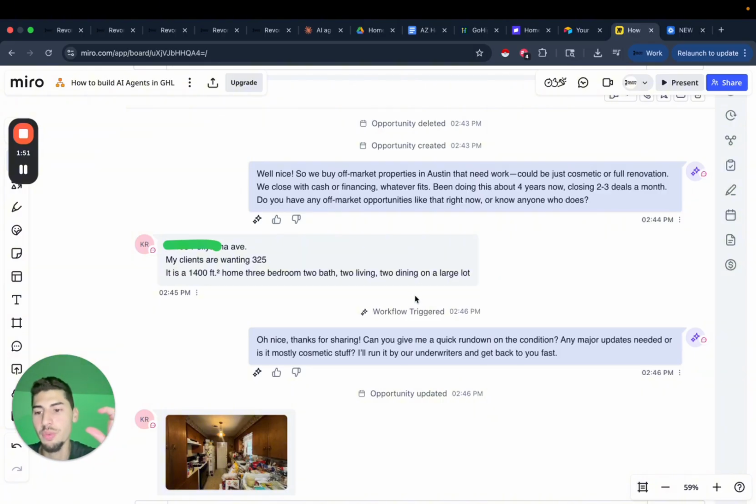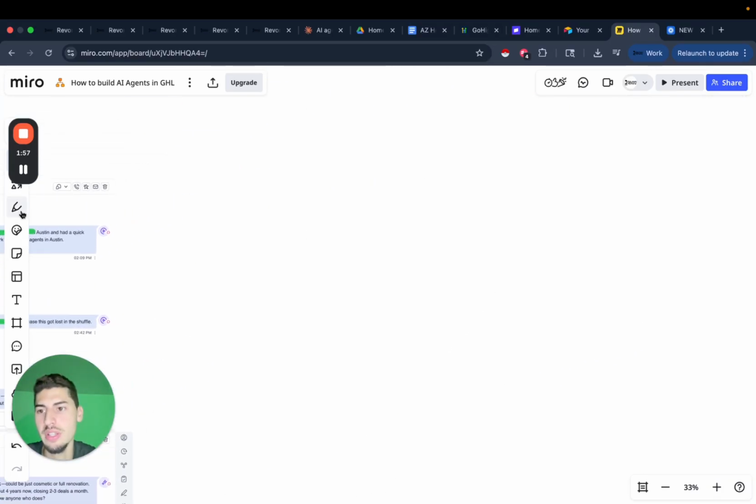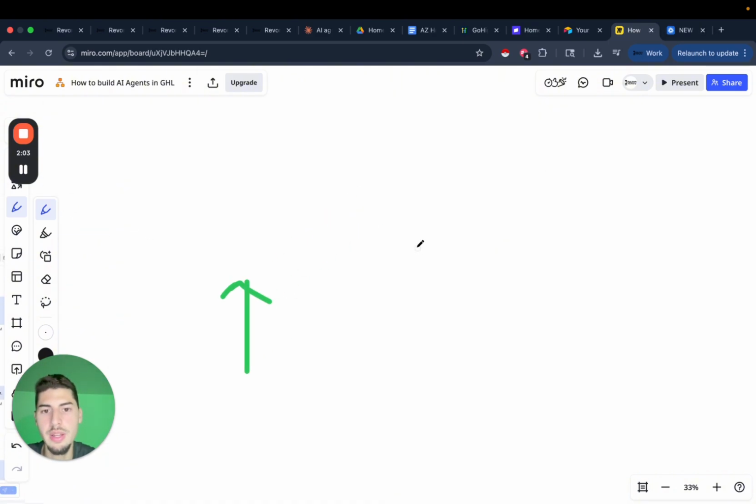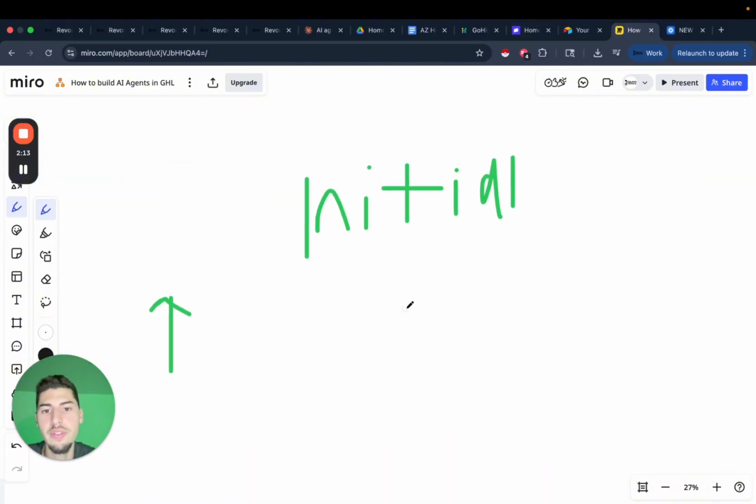And so what you want to think about with these AI agents is that they actually have different use cases and different brains for each use case. So one of the AI agents is going to be mainly for the initial part of the conversation, and you're going to have it do that. Then once it's done qualifying for the initial, and it's going through the questions and seeing if they actually work with properties,